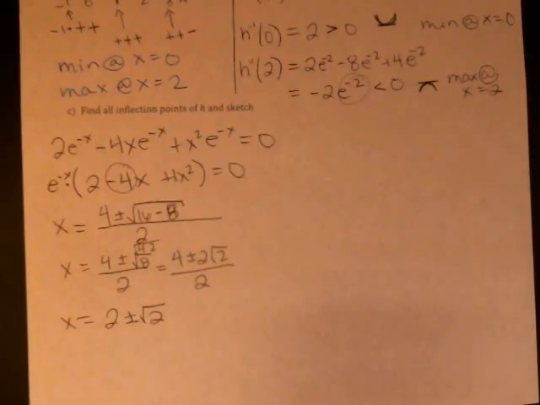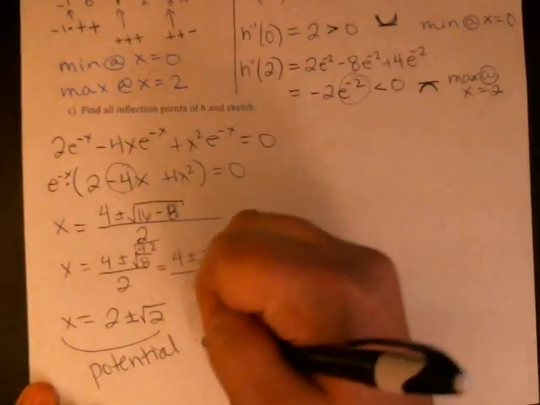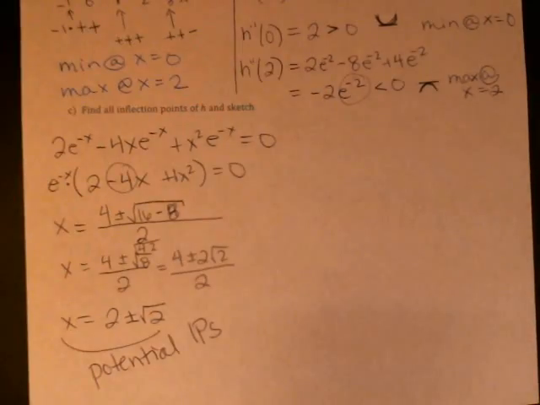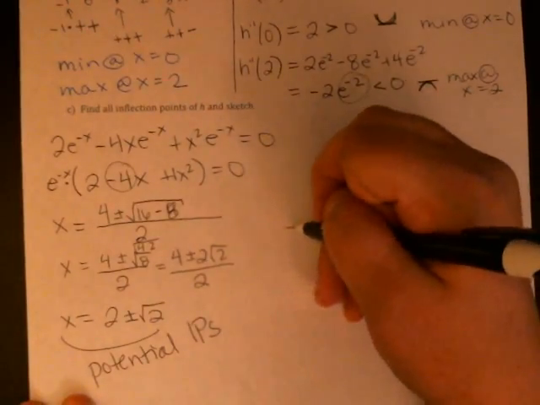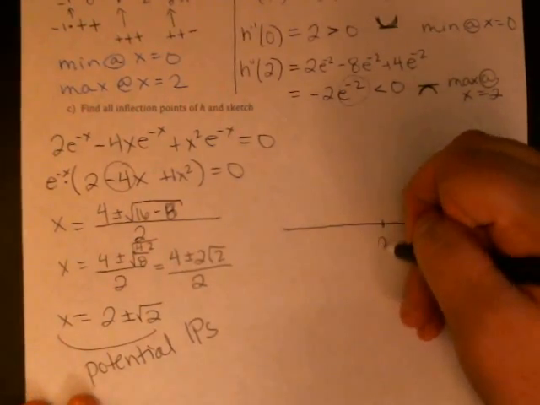But you can't just jump straight to it, just like you can't jump straight to saying the critical values are the maxes and mins. These are the potential inflection points. So setting the second derivative equal to 0 and solving gives you potential inflection points. What you have to do to confirm that they're inflection points is to,